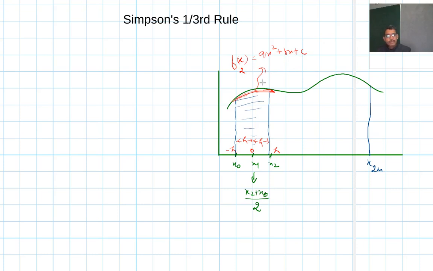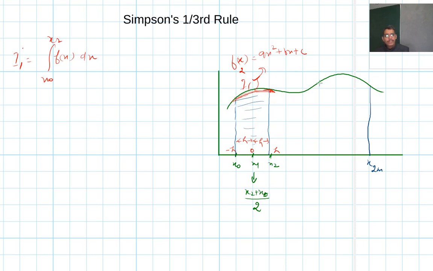So this region is approximated by using this. Now let us call this region I1, so we are interested to find I1. So I1 is equal to the integral of f of x from x0 to x2 dx,